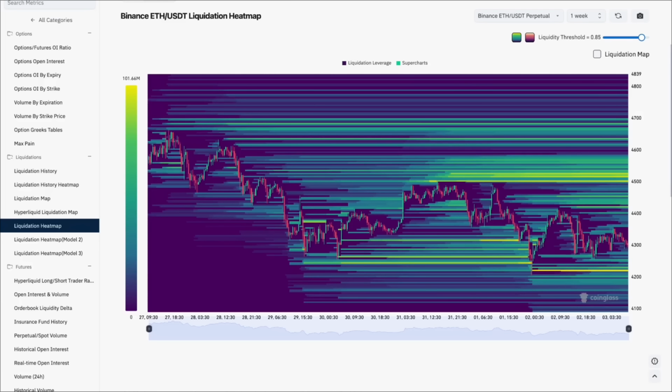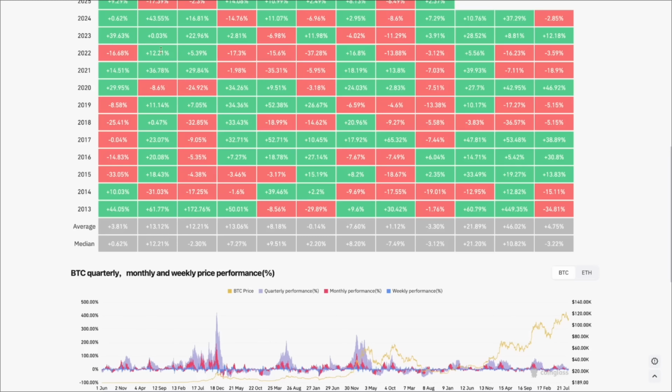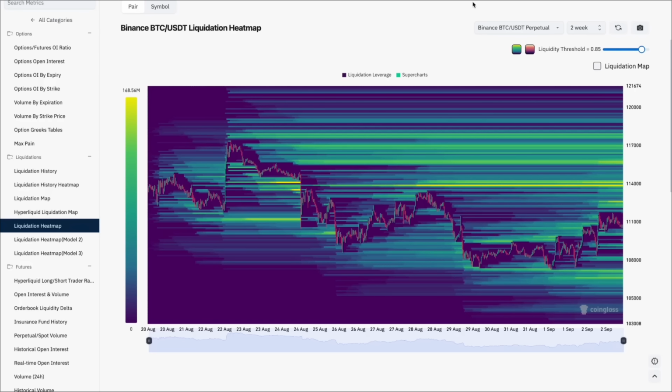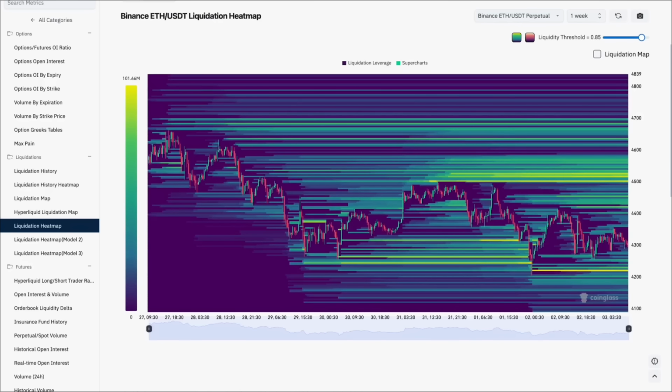Liquidation heat map for Ethereum does look a little bit different than Bitcoin. In my opinion, Bitcoin also does look a little bit stronger currently, and so does the liquidation heat map. The Ethereum liquidation heat map is in my opinion still hinting at this downside liquidity at that $4,200 level. I would not be surprised if Ethereum is going to grab that in the following days, and from there we have to see where the most liquidity is going to be stacking up, because I also do think $4,000 is going to be a huge level. On the other hand, I must say also at the $4,500 level some liquidity stacking up.